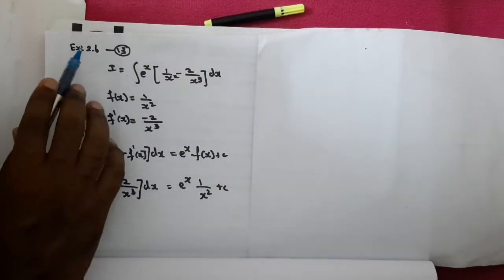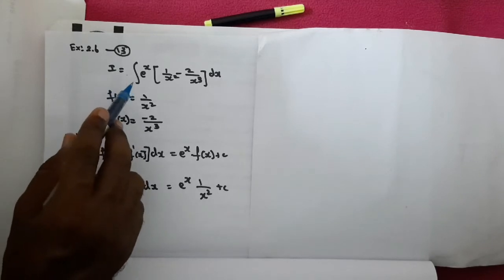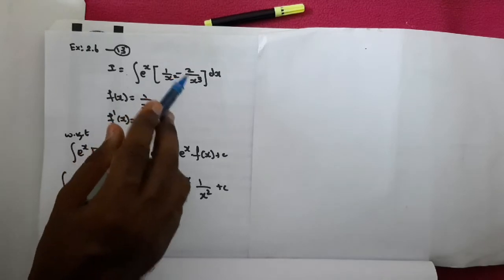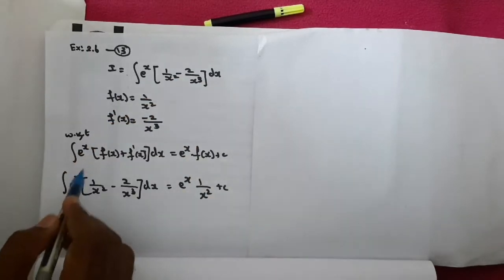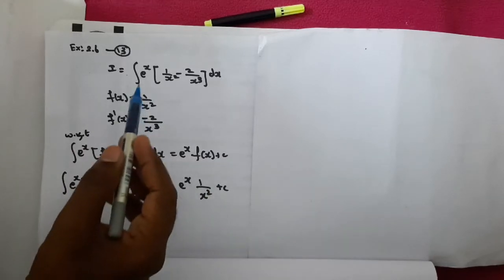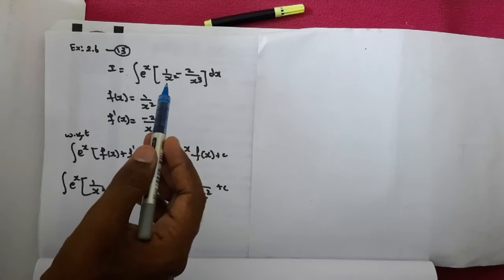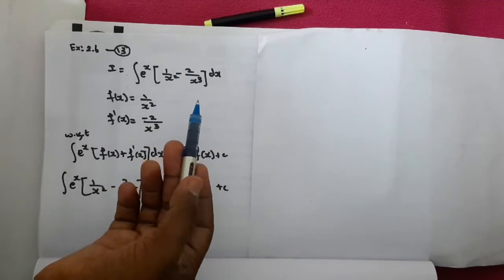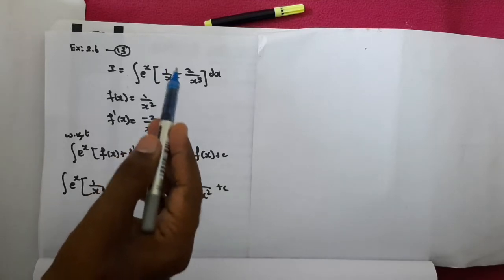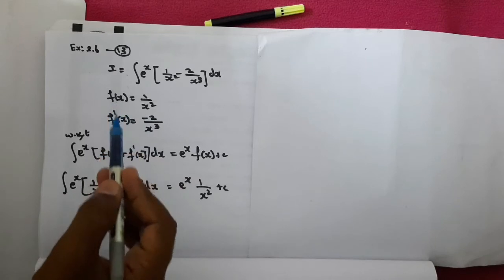Now we are going to see exercise number 2.6, sum number 13. So I equal to integral e^x [1 by x^2 minus 2 by x^3] dx. So actually this integral, does it look like the formula we have learnt? Yes, e^x we have, and here we have two functions, one may be f(x), the other may be f'(x). Okay, let's check which one is that. Here this 1 by x^2 you take it, f(x) equal to 1 by x^2. If you differentiate f(x), what do you get?